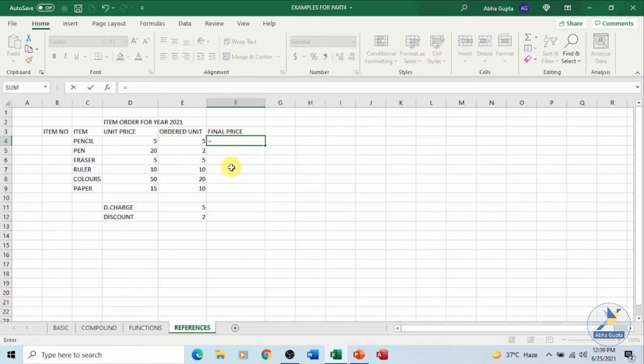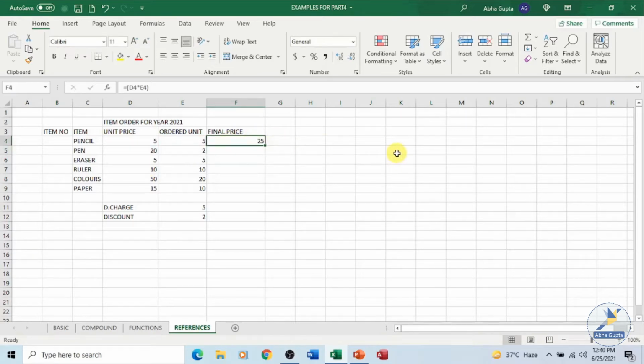We place an equal to sign. The formula is D4 into E4. This is my calculation, that is 5 into 5, 25, and let's press the enter key. You get the answer 25. So this is a simple calculation.